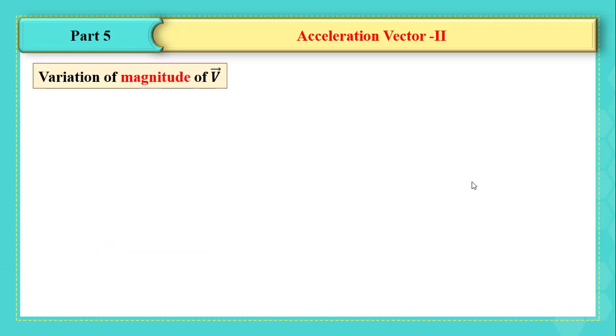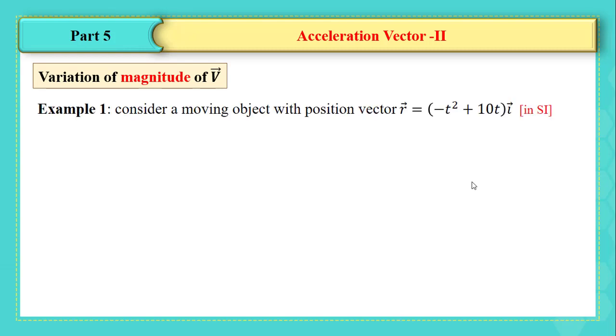Variation of magnitude of v. When we speak about the variation of the magnitude of the velocity, it means that the direction of the velocity vector does not change, and therefore we deal with a rectilinear motion, and this is what we are going to encounter in example number 1, where we consider a moving object with position vector r equal to minus t squared plus 10t i. Don't forget to follow up with me and fill in the table while we are solving this